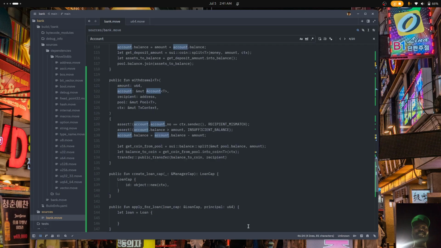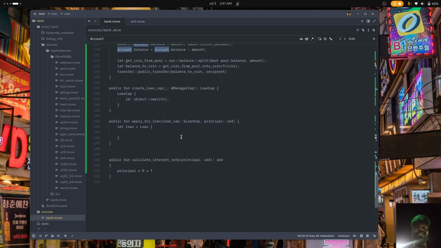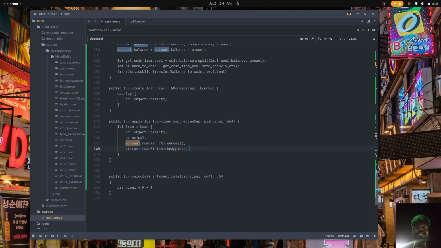Go down. Put it here. Very good. This is how it should work. After the loan has been created, I